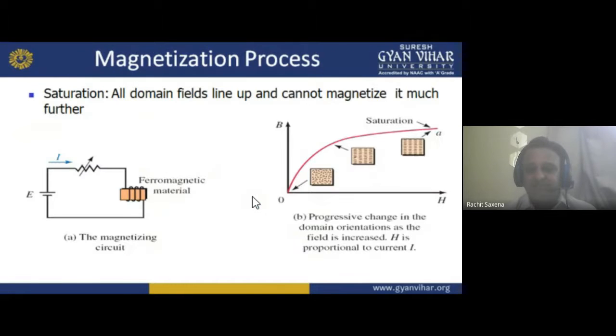But what happens for the BH curve? Now, in a ferromagnetic metal, a coil is wound on the core. That core is made up of ferromagnetic metal. If I apply a current or voltage to it, what happens? Current is applied, and that current moves forward through the resistance. Now what happens? Flux will be generated.